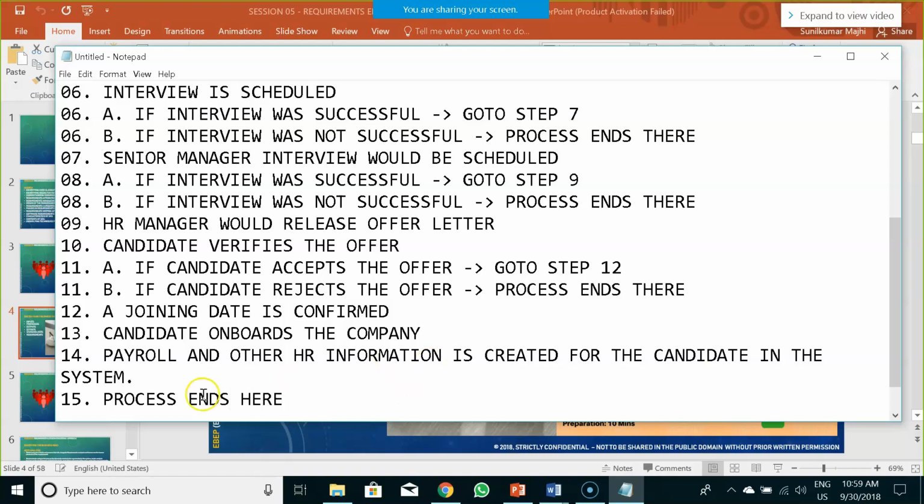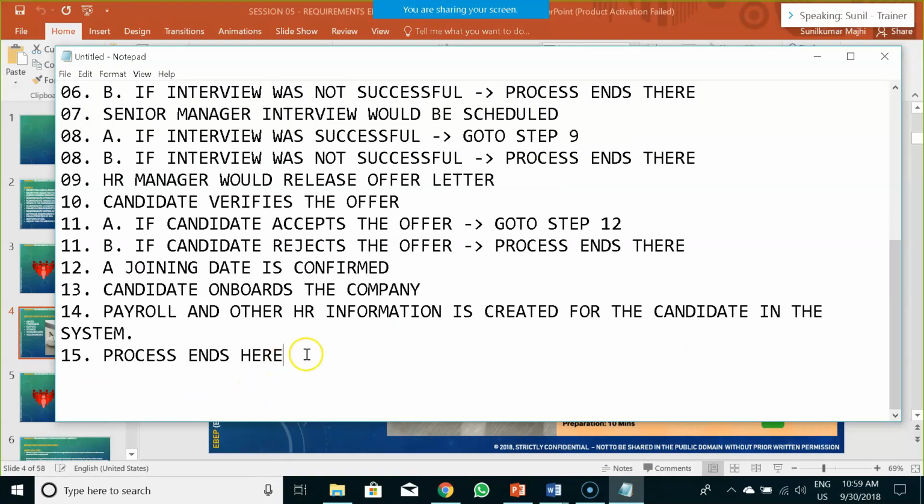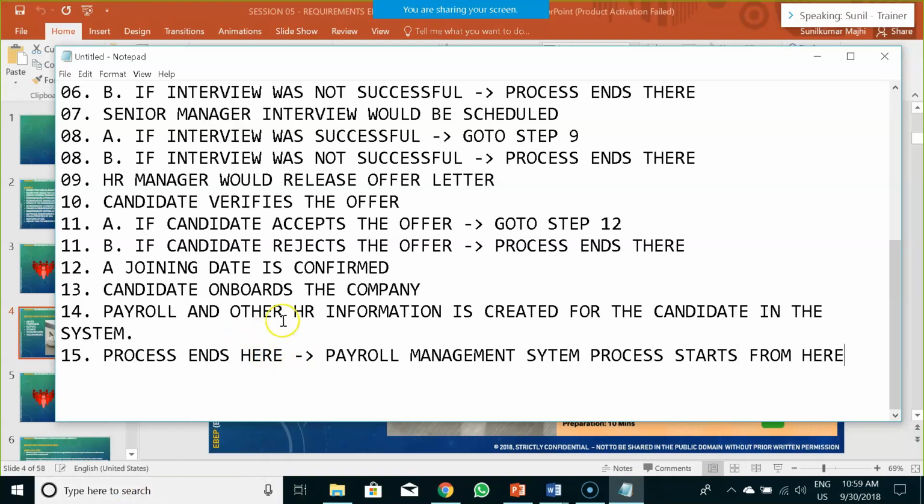Now this is where the HR management process ends, but what's the next process that starts? Payroll management system process starts from here, because the HR management process was to onboard the candidate and bring them into payroll.